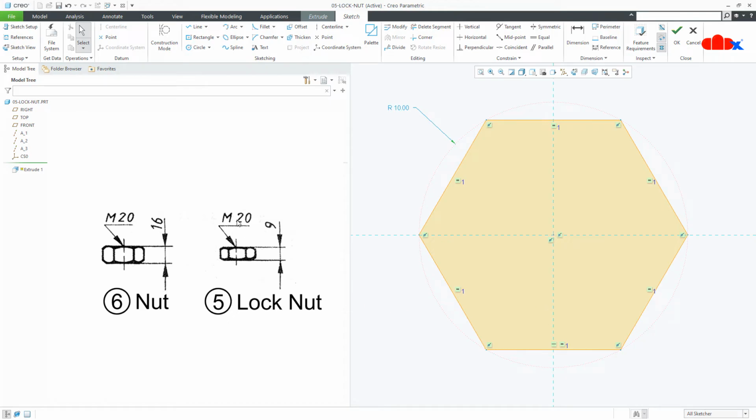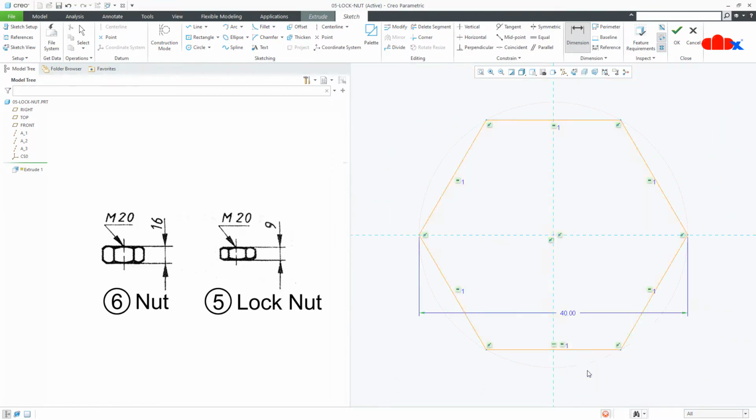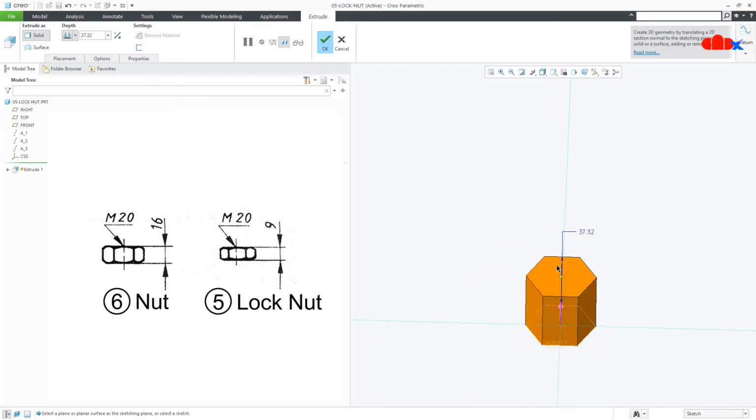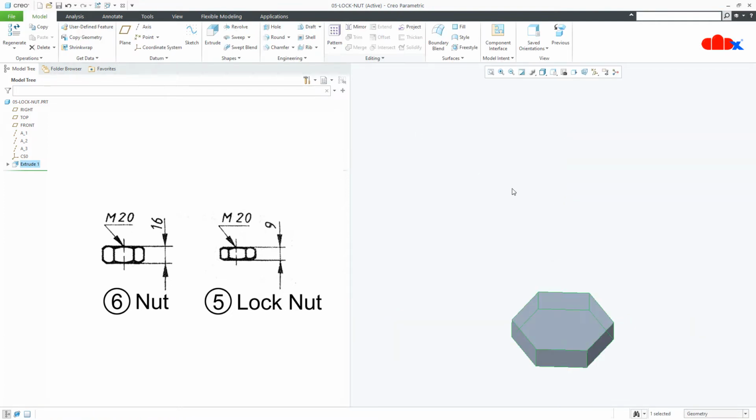Now this is M20, that means this end to this end will be double of that, 40, and I'll say OK. Make it symmetry, thickness is 9 and say OK.